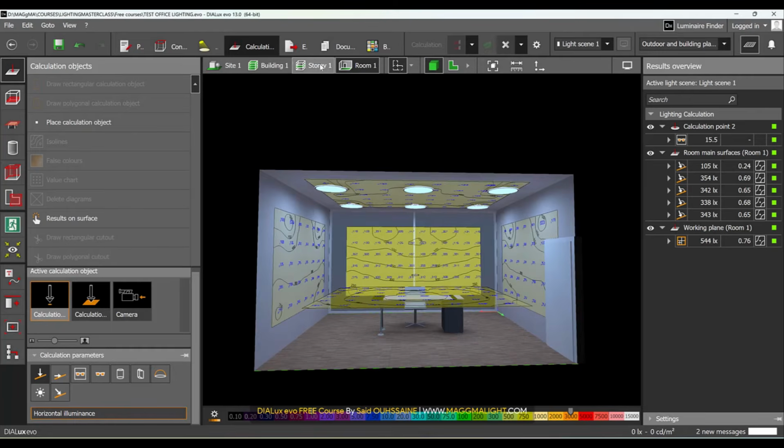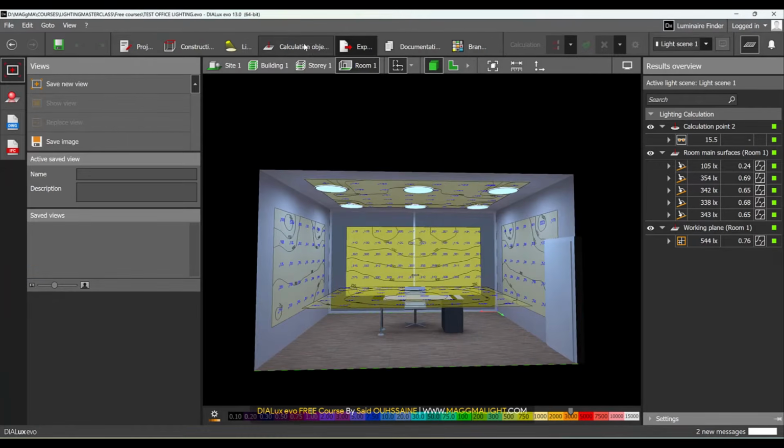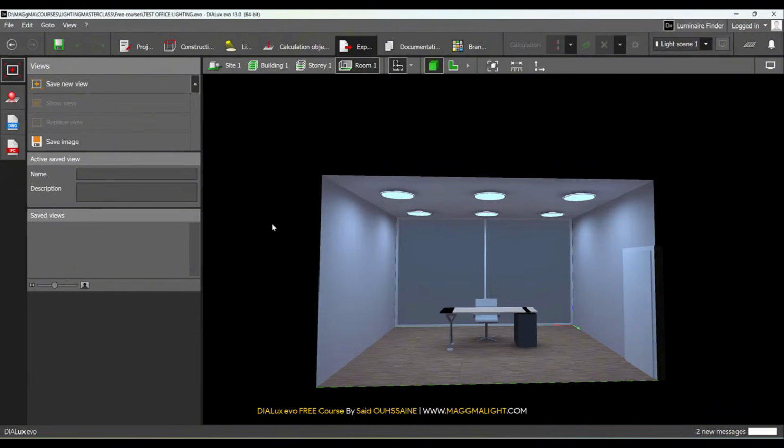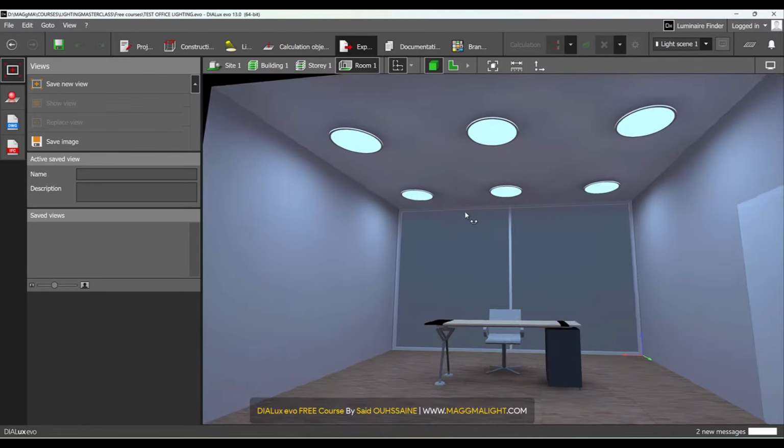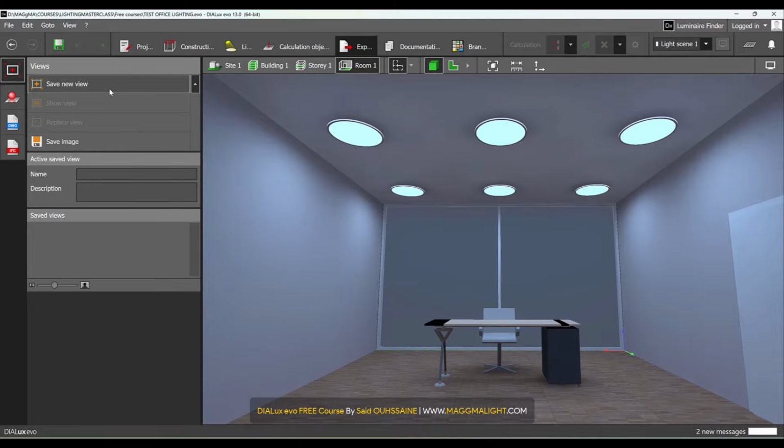Let's now explore the Export tab. Here, we can capture some views. In this first tab, views, we can save new views. Let's first hide the results. For example, I like this view. I can click on Save New View,